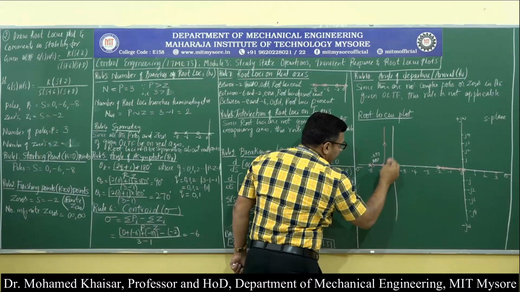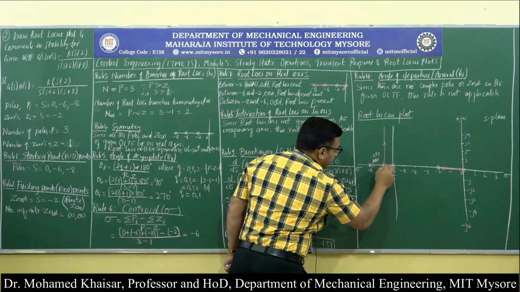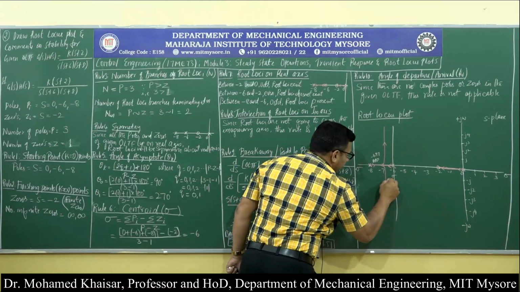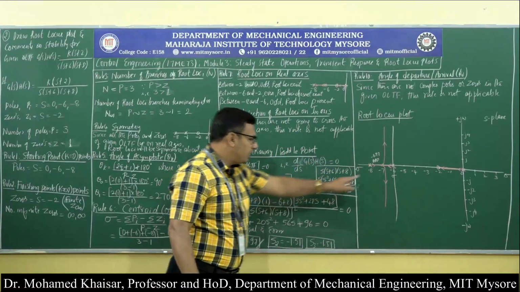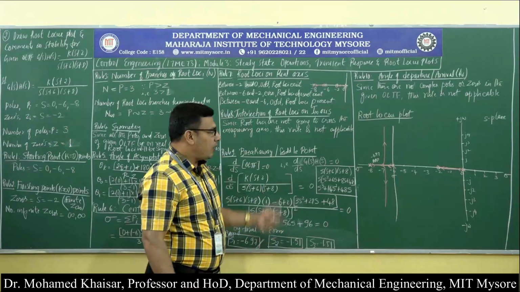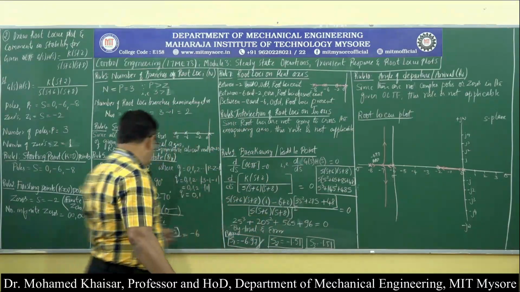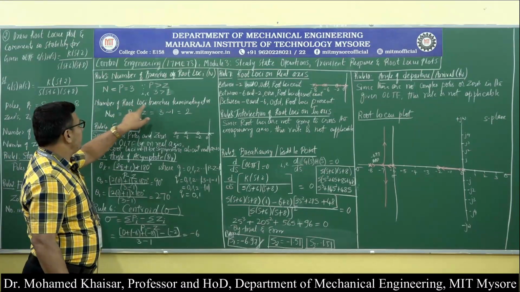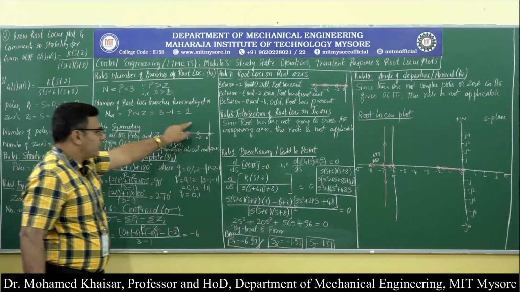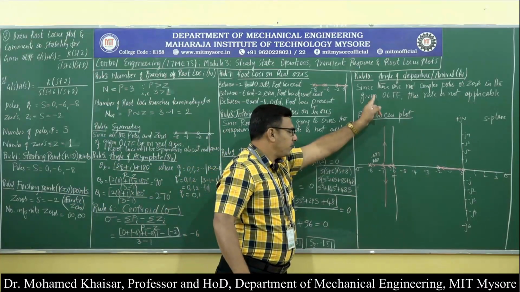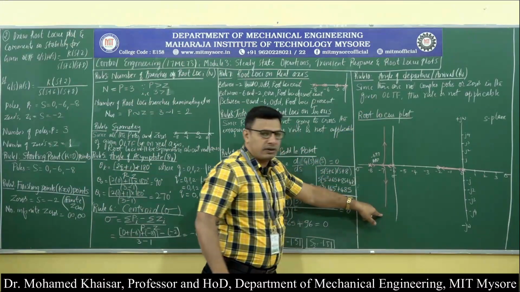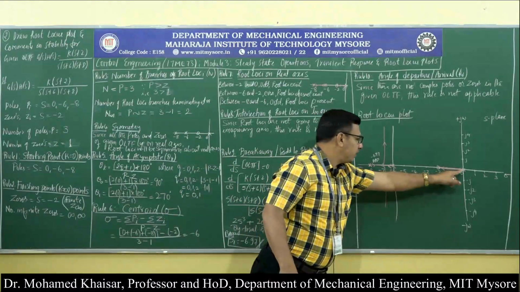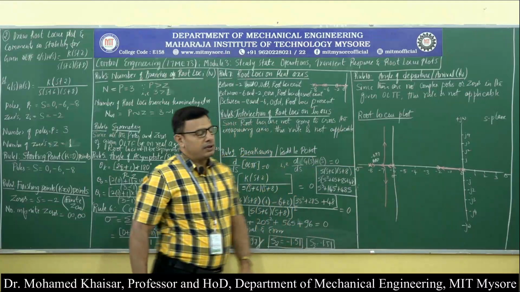Then the other branch is along this asymptotic straight line. So, in this direction you will draw, and it is going away. Where? It is also going till infinity. Now, how many branches are terminating at infinity? As you can just see over here, number of branches of root loci terminating at infinity, there are two. As you can see, one branch at infinity, the other branch at infinity, that makes two branches terminating at infinity. One branch terminating at a finite zero.